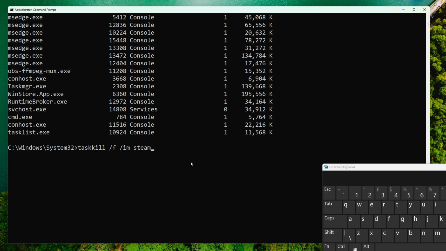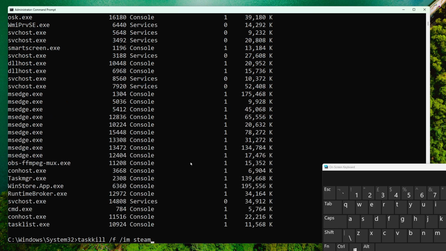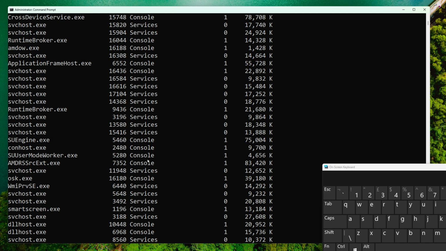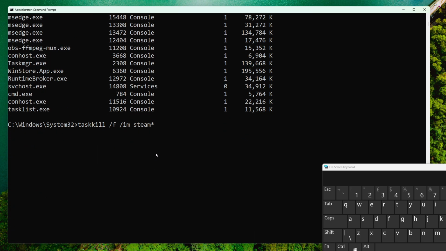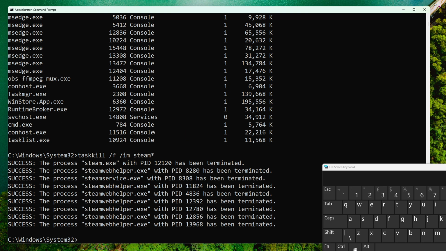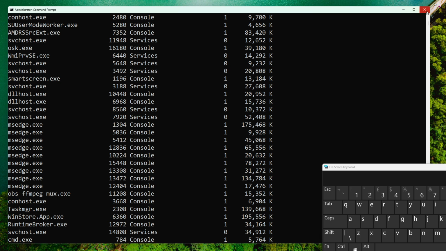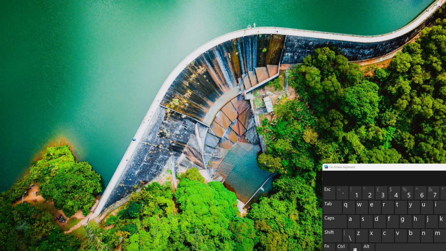So for example, let's input Steam and then give it a star at the end, and this way you will terminate all the tasks that start with Steam. And as you can see, Steam web helpers that were opened on this device were terminated,